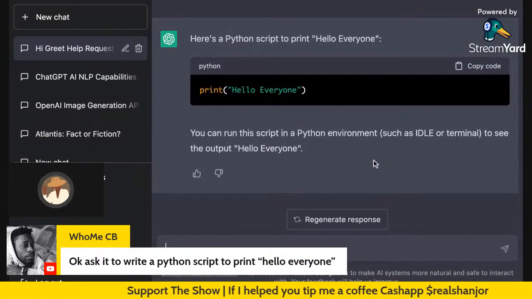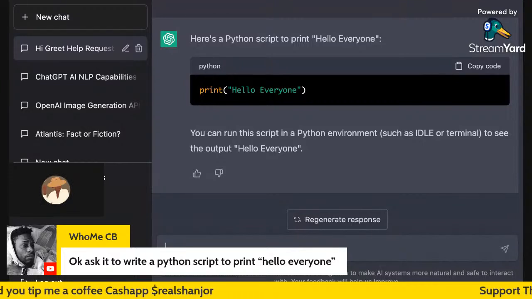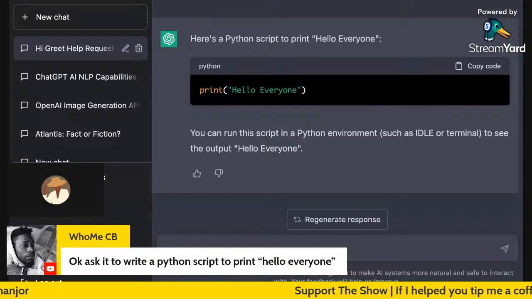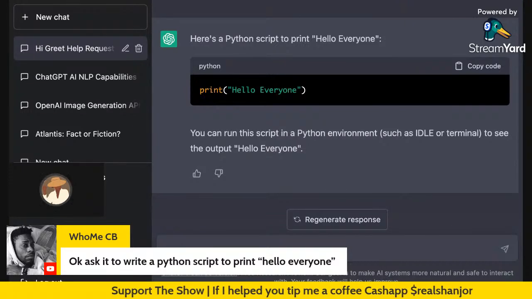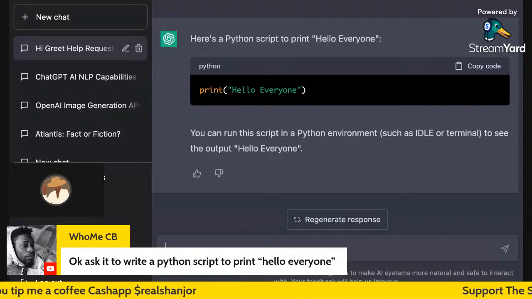So yeah, we'll get into that in the next video, if you're in coding, if you're writing script. I know people are learning Linux, they're learning Python, they learn a lot of different systems. I know ChatGPT is going to help you guys with coding, even if you have to shorten a code or correct the code, whatever the case may be. Okay, so I think that's pretty much it.